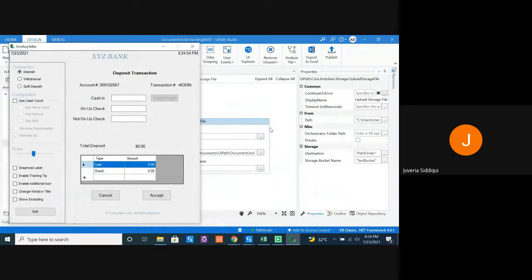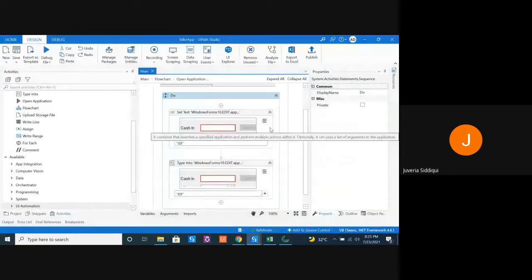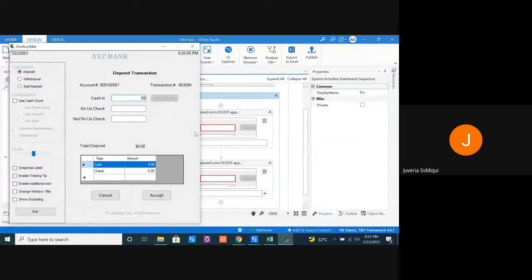So it has a delay and then it will type in the values of 89. First with set text, now we're typing into. So you saw that if you were careful, like if you were literally watching it, it set 89, then it emptied the field and then typed first 8, then 9. This is typing into. But as such, 89 is directly typed using settext.